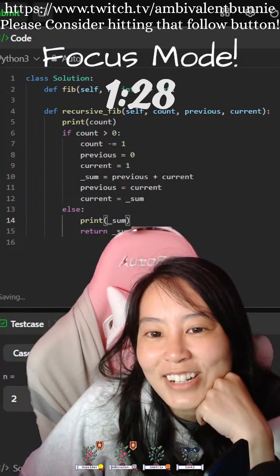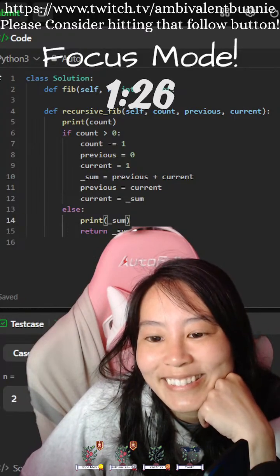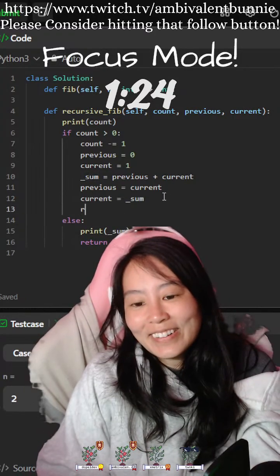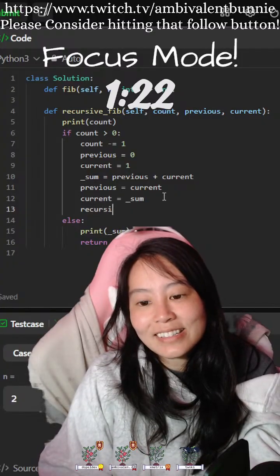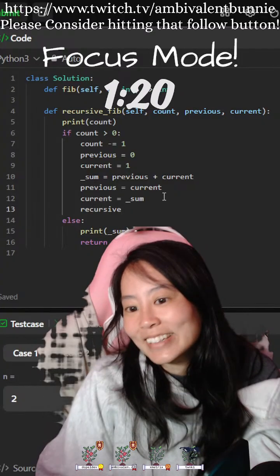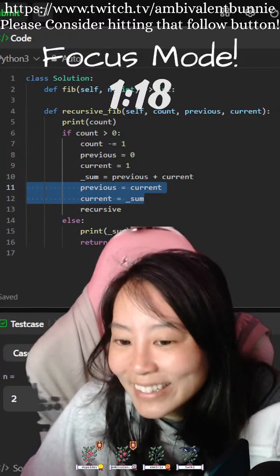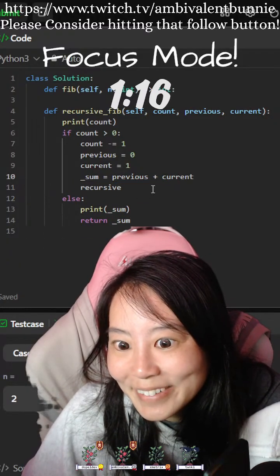I feel like there was actually a better way to do this. Recursive. Oh, I guess I didn't really need to rename these. Duh.